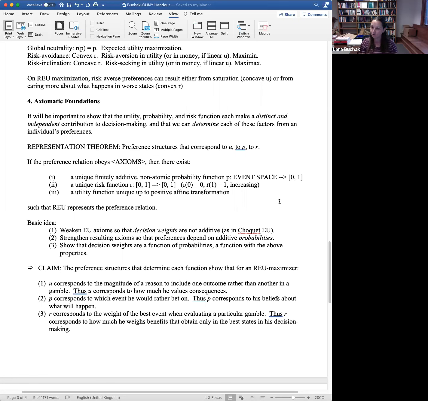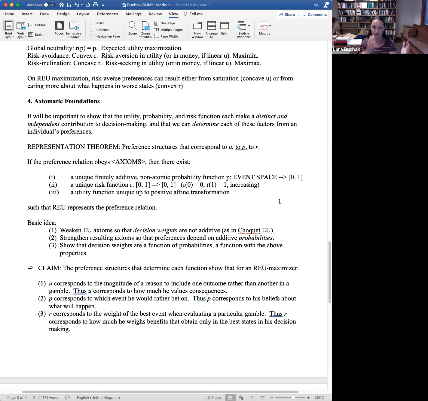Remember the two coffee drinkers. If we look at the other preferences these guys have about gambles involving coffee, the theory will say that the first guy definitely has a linear risk function and a concave utility function. The second guy definitely has a linear risk function and a convex utility function. So we can see from his other preferences what his reasons are for his behavior.